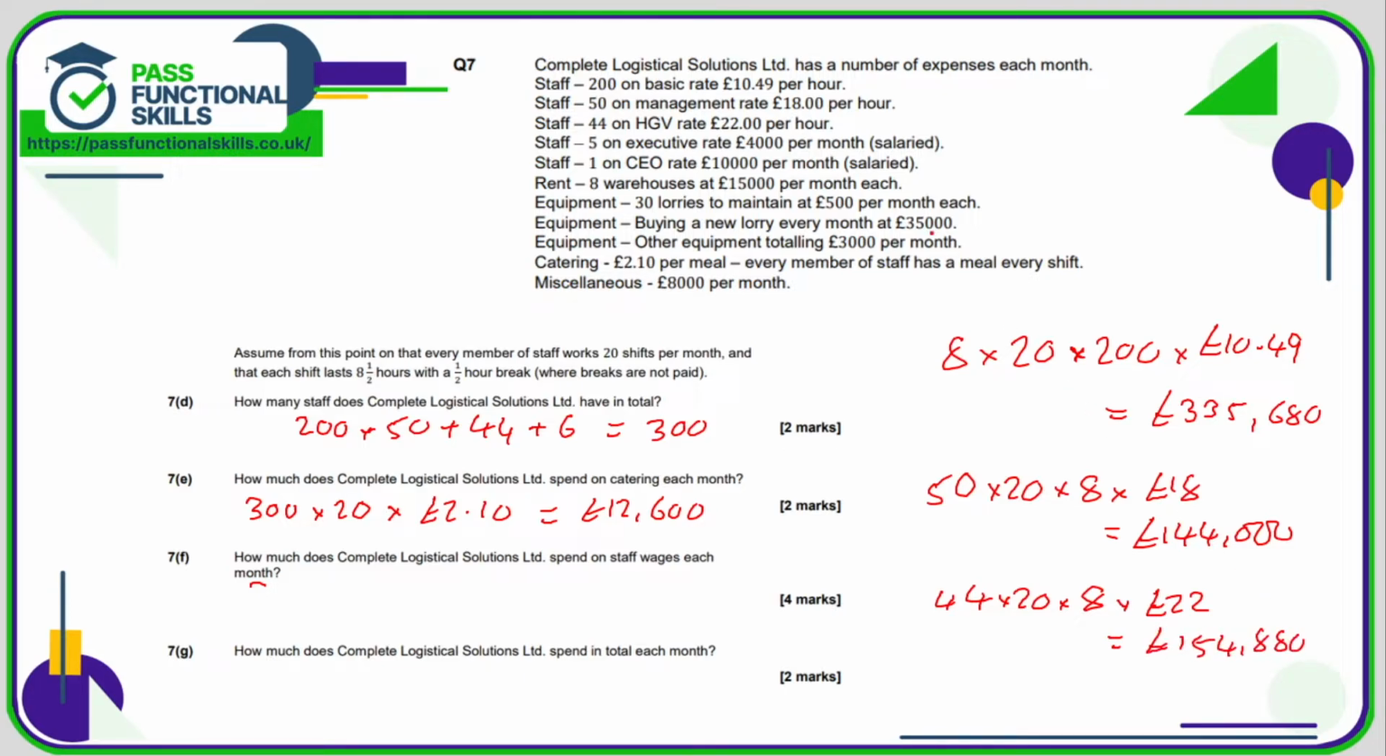£154,880. And then we've got 5 on 4,000 per month, so 5 times 4,000, well that's nice and easy, that's just 20,000 there. And then we've got this one CEO on 10,000, so that's just 10,000. So the total monthly wage bill is going to be 20,000 plus 10,000 plus 335,680 plus the 144,000 plus the 154,880, and that comes to a grand total of